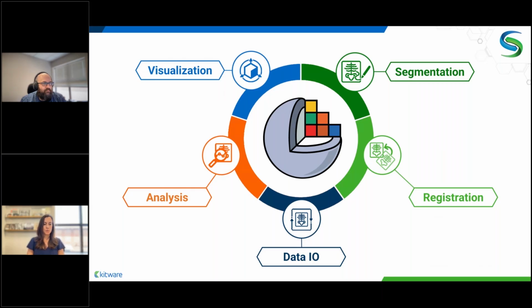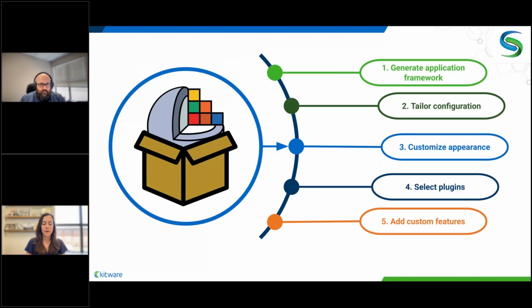It allows users to load and save data from a wide range of data types. You can do segmentation, registration, or superimposition of images in many different ways. You can visualize very complex anatomical structures in it. But perhaps the most powerful capability of Slicer is that it includes an extensive suite of analysis and processing functionality. So 3D Slicer is highly customizable and supports a wide range of applications and is really popular among researchers, clinical settings, and medical device companies that incorporate its use into product development. However,